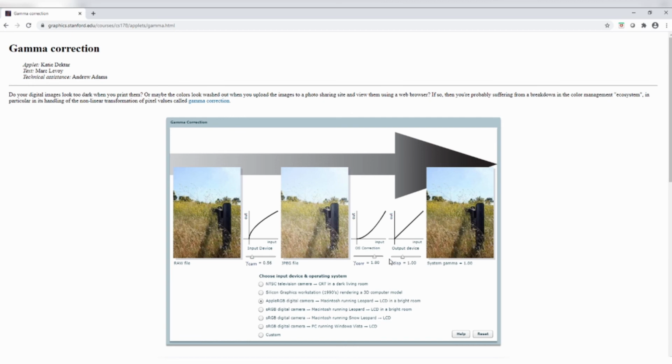If I am able to do that, I am able to reproduce this image on the screen exactly as it is. The scene is something like this, but my camera changed the gamma to look like this, and I inverted it to look like this. That means I am able to fully observe the image as it is on the screen. This is what you need to do when you project it onto an overhead projector from your laptop. When you project it, you can have a finer control on the gamma so that it looks exactly as it looks on my laptop screen. It is possible, and this is the beauty of it. I suggest you go to this app and play with it. So let's say I change it.